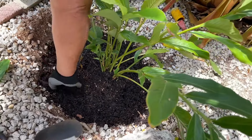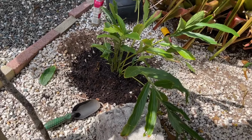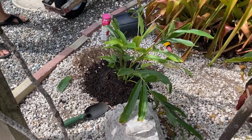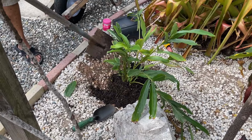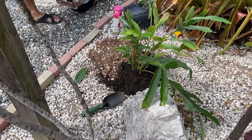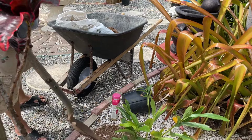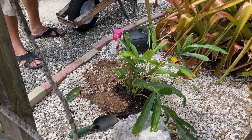And then what we'll do is put back some of its natural stuff around it and put the gravel back and call it a day. So we'll just watch him finish that up now. We'll do this for all of the plants that we're planting around the pool deck and the flower beds. He's just taking some of the natural stuff out of the soil we had before and putting it around the surface to level it back a little bit before we put all of the gravel,